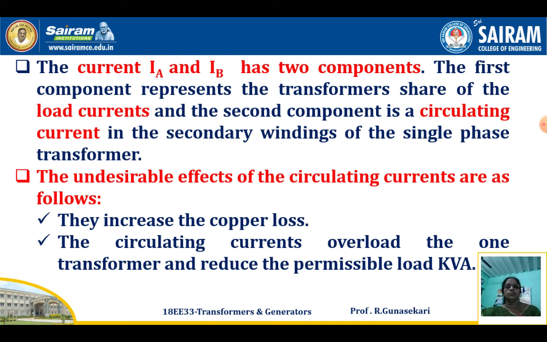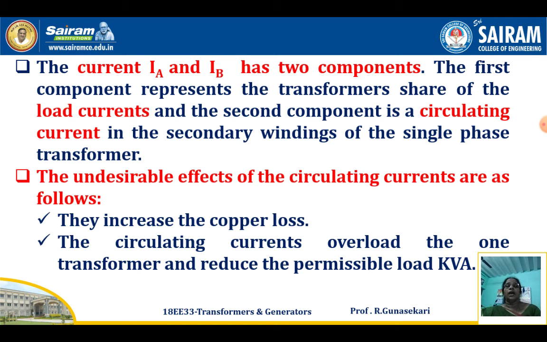So similar means E1 equal to E2 equal to E. That means the total EMF E equals E1, the EMF induced in transformer 1, which is equal to E2, the EMF induced in transformer 2. Therefore there is no circulating current in the secondary winding if the two transformers are similar. Suppose the two transformers are dissimilar, that is, unequal voltage ratio, then circulating current flows in the secondary winding.